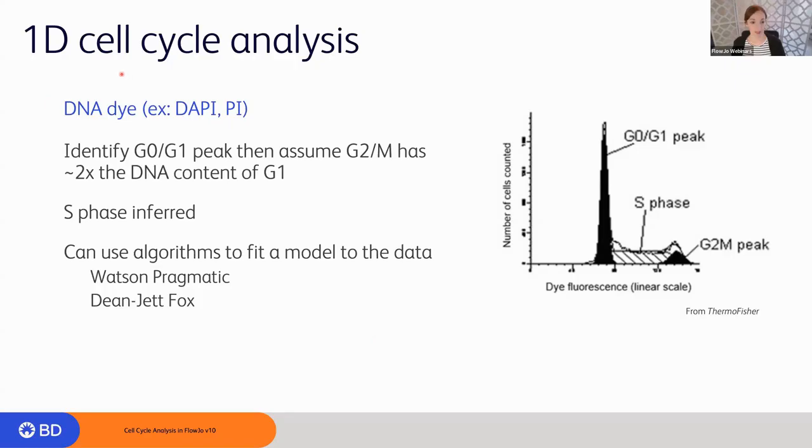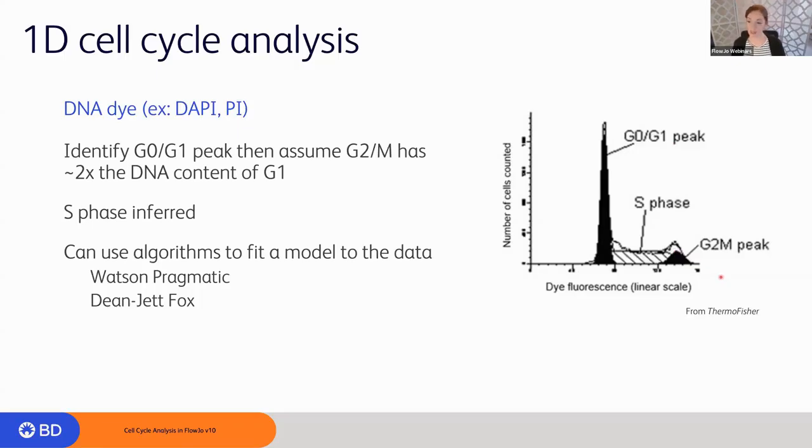Essentially, we're identifying the G0, G1 peak, and then we assume the G2M has about twice the DNA content of G0, G1. I know this axis is a little grainy, but I showed it in the previous example, where we establish a discernible G0, G1 peak. We look for a roughly twofold change in MFI,